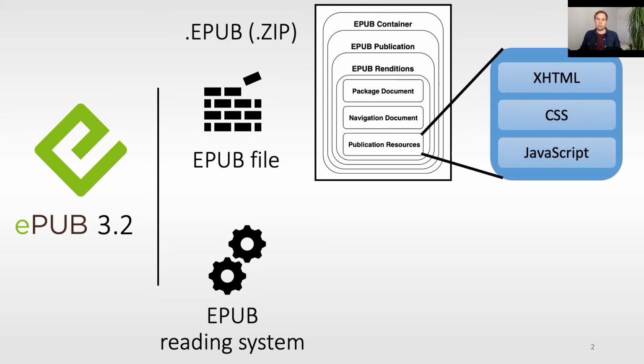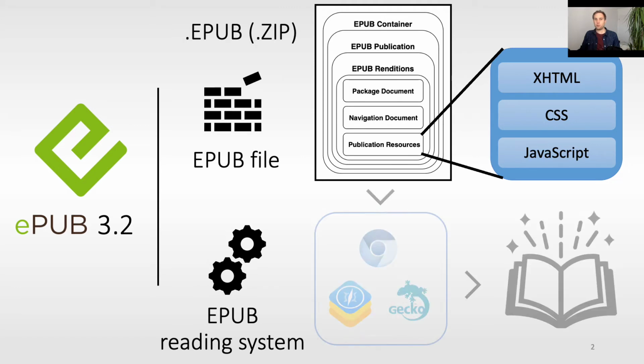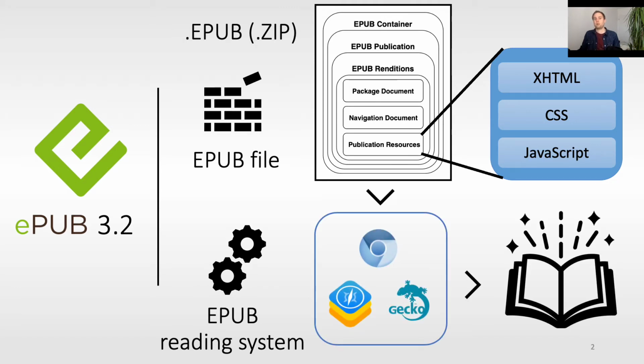Well, Epubs primarily consist of XHTML documents, CSS style sheets, and possibly even JavaScript code, making Epubs bear close resemblance to actual websites. As for Epub reading systems, these will render Epubs according to the specification. And why reinvent the wheel here? For this, Epub reading systems rely on web engines, the same components that are used by web browsers. And like browsers grant certain capabilities to loaded web pages, Epub reading systems grant certain capabilities to loaded Epubs.